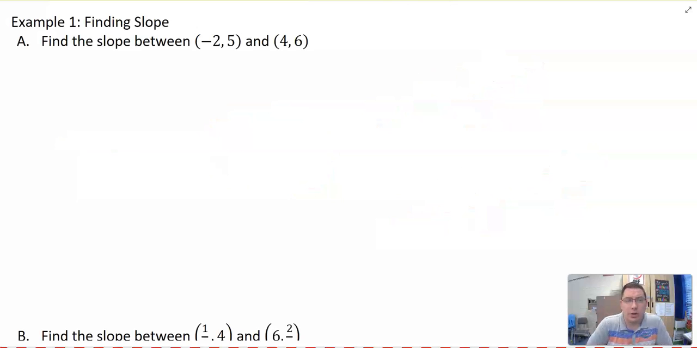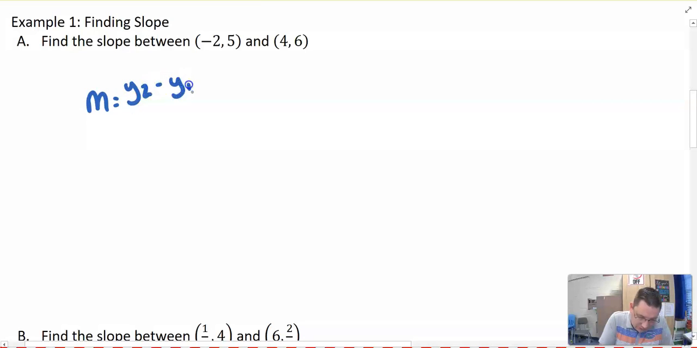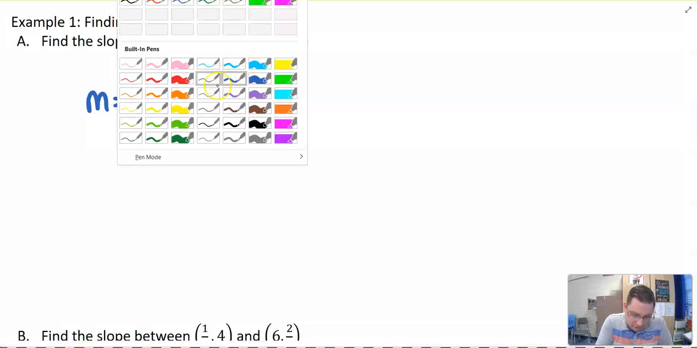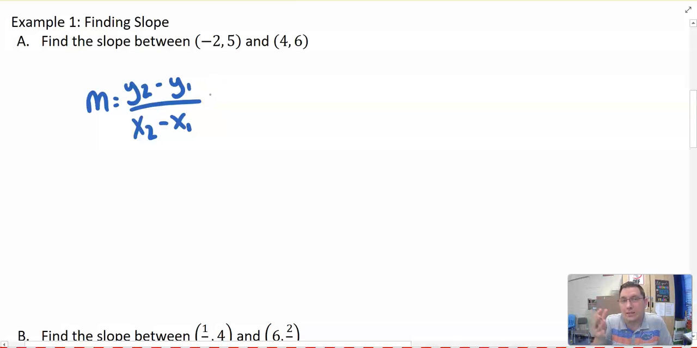So in example 1, we're going to look at how to find the slope between negative 2, 5 and 4, 6. And so we're going to first write our slope formula. So m is equal to y sub 2 minus y sub 1 over x sub 2 minus x sub 1. And when we look at these ordered pairs, we want to label them. Remember that ordered pairs are always in the order x, then y. So x, y,